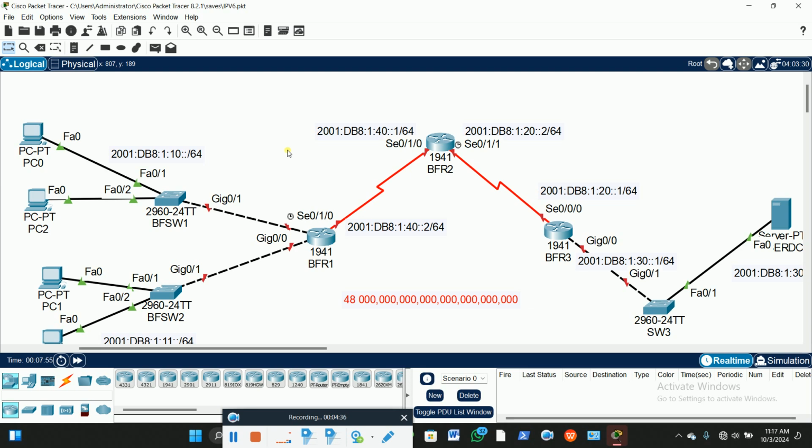Now IPv4 comes with a dotted decimal format with each byte ranging from 0 to 255. But IPv6 uses 8 groups of 4 hexadecimal digits separated by colons. So when you check, we can have something like this. Let me put it this way for all of us to get what I'm talking about. We have